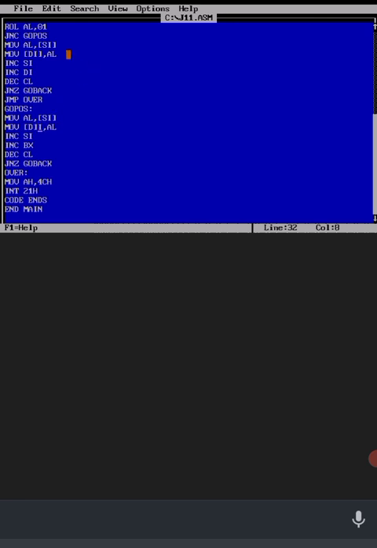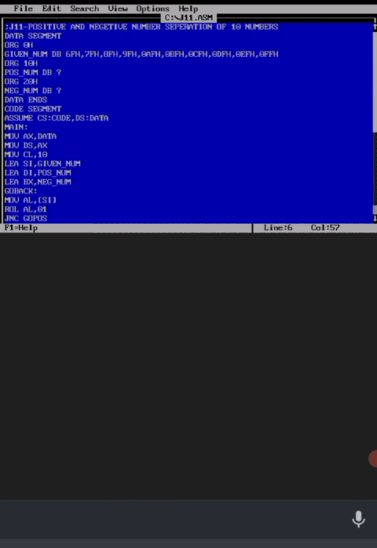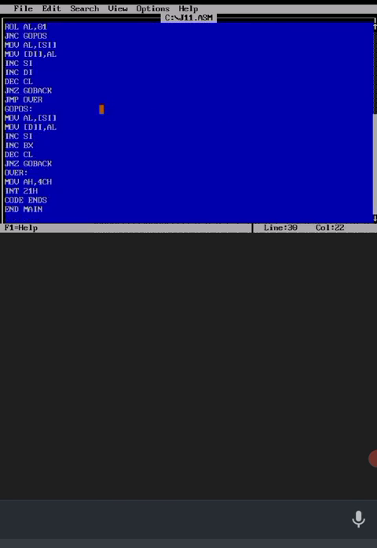If there is a carry, it will definitely be a negative number. So MOV AL, SI, then the negative number is pointed by BX, so the result will be stored there.